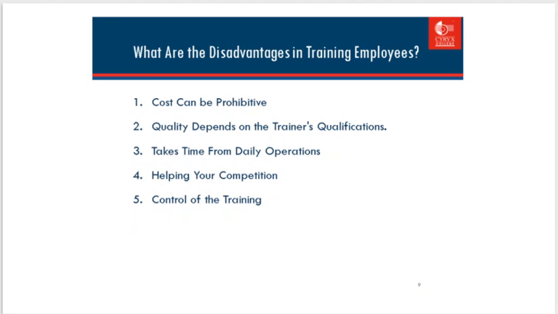Fifth, control of the training. When you delegate the training of new employees to a particular employee or trainer, you have to be very careful with regard to what the new employees are learning. If the trainer does not do the job as you want it to be done, your new employees might end up picking up some bad habits along the way. This could make your entire business perform at a level that is less than acceptable from your point of view, but the employees would not know it.